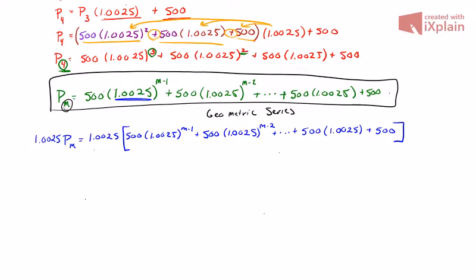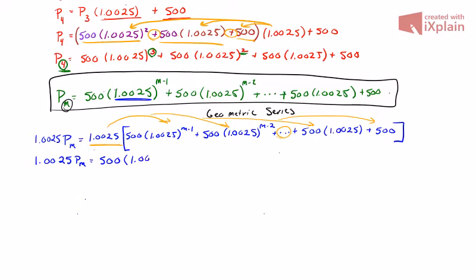Again, we can distribute the value of 1.0025 that we have on the right-hand side. And this is where the trick is going to come in, or you will see it soon. So essentially, every term that we see on the right-hand side, even those included in the ellipses, are going to get multiplied by this factor of 1.0025. So this cleans it up to look like so. 1.0025 p sub m is equal to 500